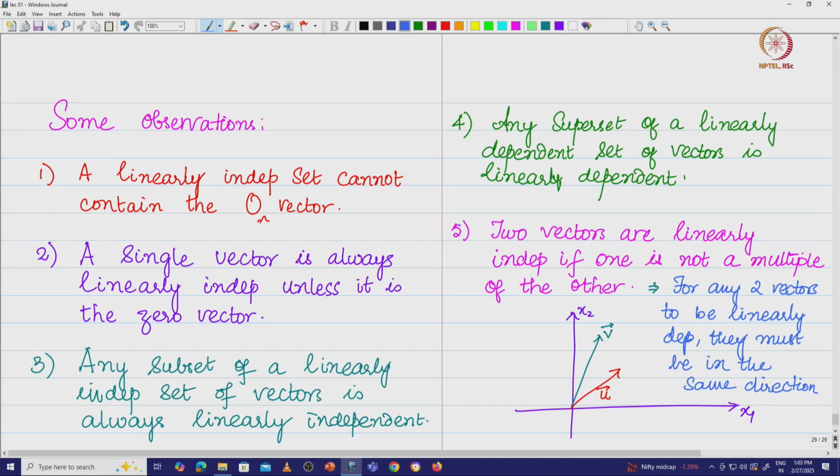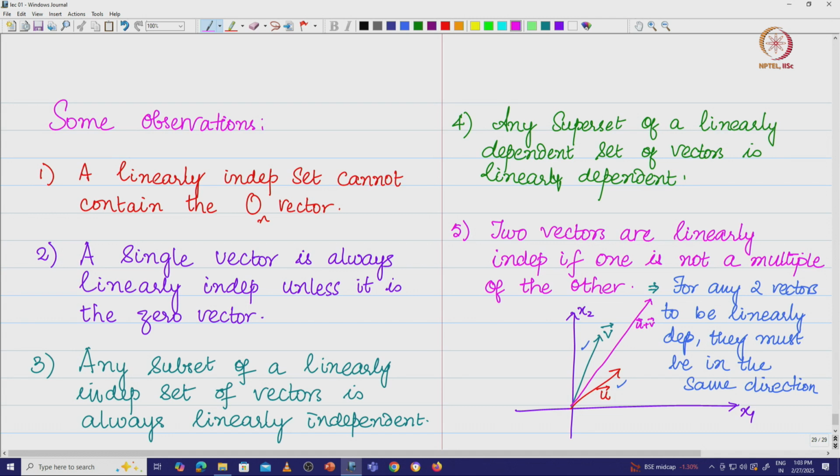And if you have more than 2 vectors, it is not enough to say that the 3 vectors must be in 3 different directions. It can get a bit confusing. For example, look at these 2 vectors u and v. The resultant, u plus v, could go and sit somewhere else, somewhere here. This could be the vector u plus v. It could be clearly misguiding because u, v and u plus v are in 3 different directions. Therefore, do you want to say that they are linearly independent? No, because u plus v is a combination of u and v.